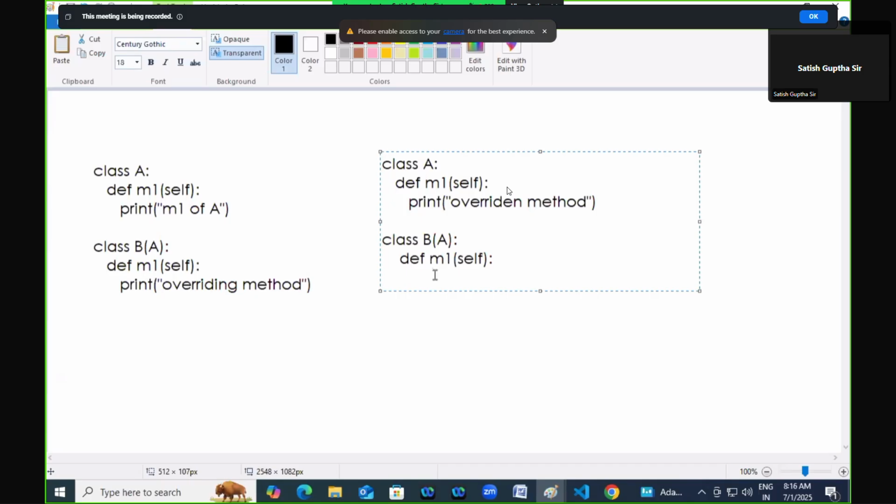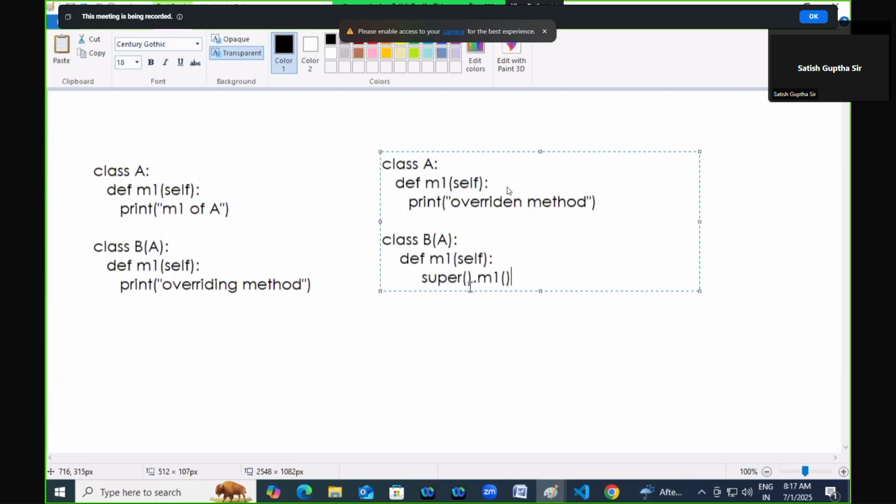Within this M1 method, I want to include the features of the M1 method of class A. Then you just use super. Super dot M1 means you are including the features of the base class method